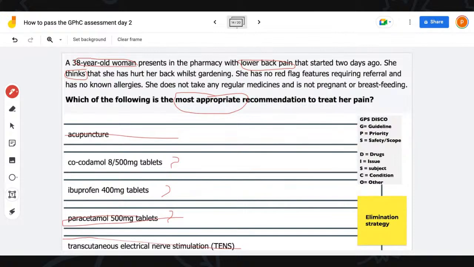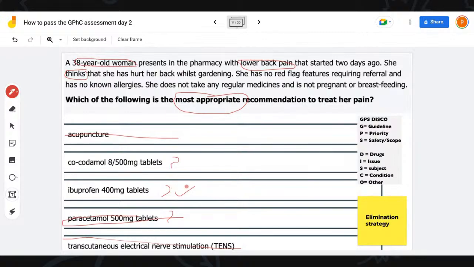In practice, if you gave paracetamol, it's not wrong. I've seen this happen. People come to the pharmacy, "Oh, my back is hurting," and someone says, "I'll give you paracetamol because I'm going up the pain ladder." So according to the pain ladder, we're going to obviously go paracetamol first, it's the safest, boom, right? And if you did that in practice, it's fine. But according to your guidelines, for lower back pain, paracetamol is just not strong enough. So the recommendation is ibuprofen. So the correct answer is this.